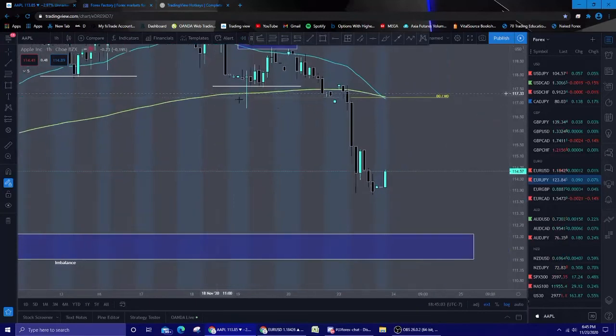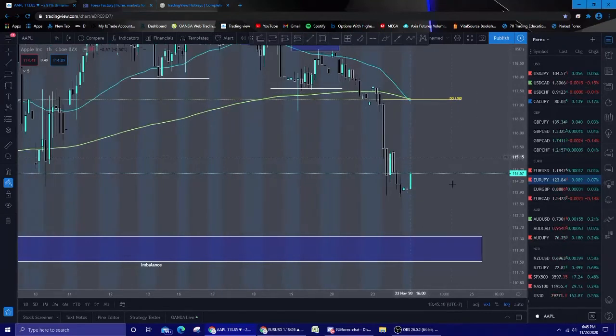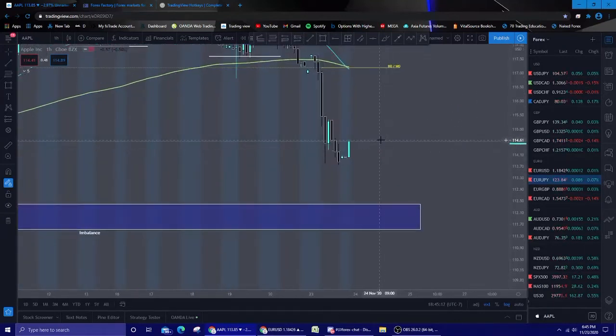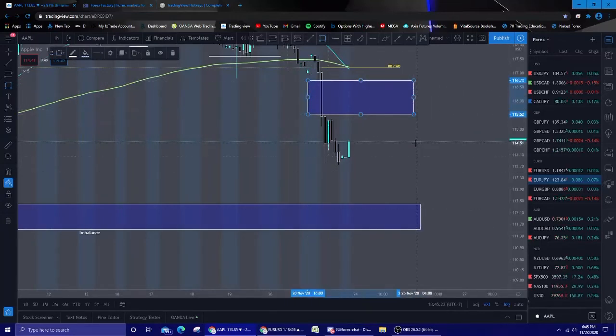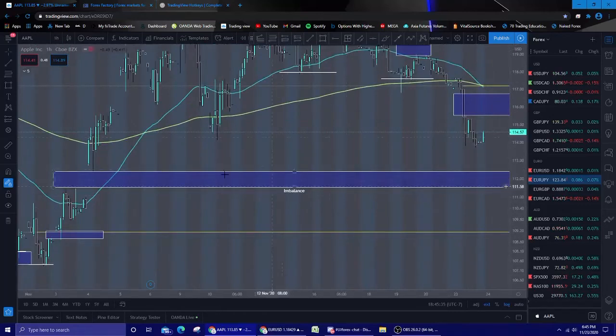Anyways, if we look right here, price started closing down below, the 50 EMA started crossing back below the 200, and overall right now I would expect tomorrow to be pretty bearish on Apple, unless obviously right now we kind of have this gap in price right here from this big candle. So we could pull back into this level, pull back into the 50% level, maybe, and then obviously we still want to recover this imbalance,